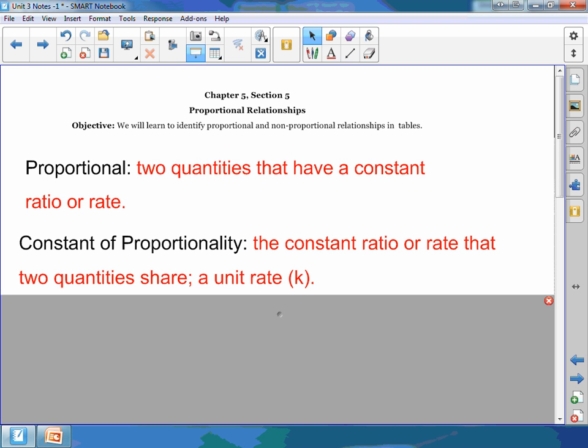In order for a relationship to be a proportional relationship, there has to be a constant unit rate throughout. Okay? So my treadmill example, again, going back to that, I'm measuring time and I'm measuring distance, miles per hour. If I have a different value, if it's changing throughout, then I don't have a constant of proportionality. But if I have the same value, 3 miles per hour, 3 miles per hour, 3 miles per hour the whole time, then I have a constant of proportionality, and that would be 3 in that case.